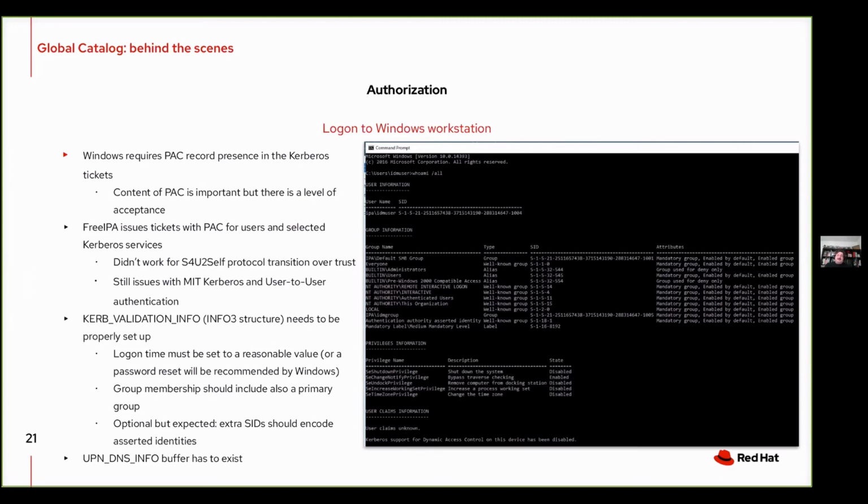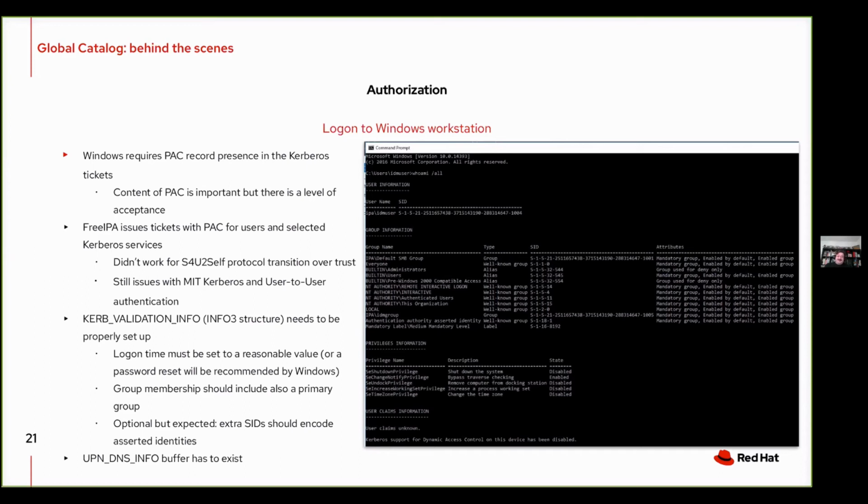So basically saying that this user last logged on, like, 50 years ago. And that was okay for Windows, except that it was treating these zeros as meaning the password for the user has to be reset and changed. So it was presenting a dialog showing that, hey, you have to change the password. And if you press that, you will change the password, and it works. But at the next login, it tries again to request you to change the password.